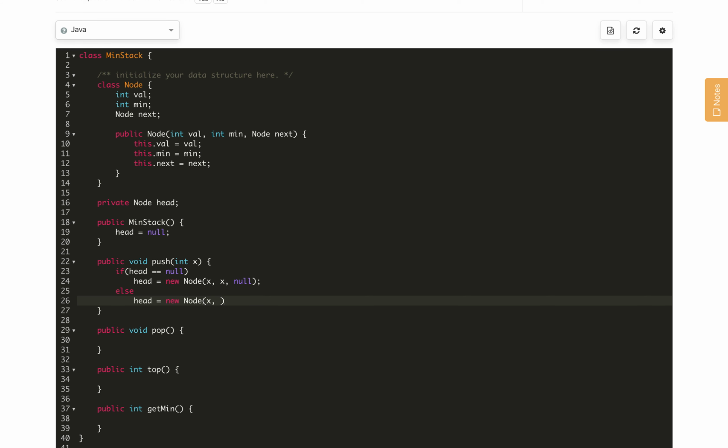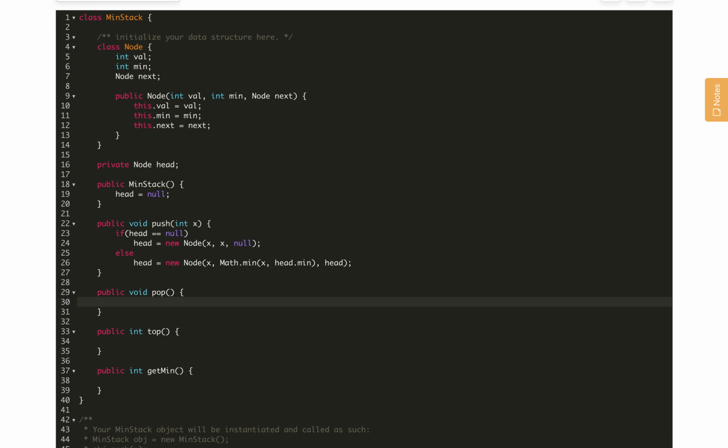For the minimum value we will check Math.min of the current value x, same as the previous solution, and the previous node's min, head.min, we will take the min over that, and also head is our next node, so we will link the previous node as head.